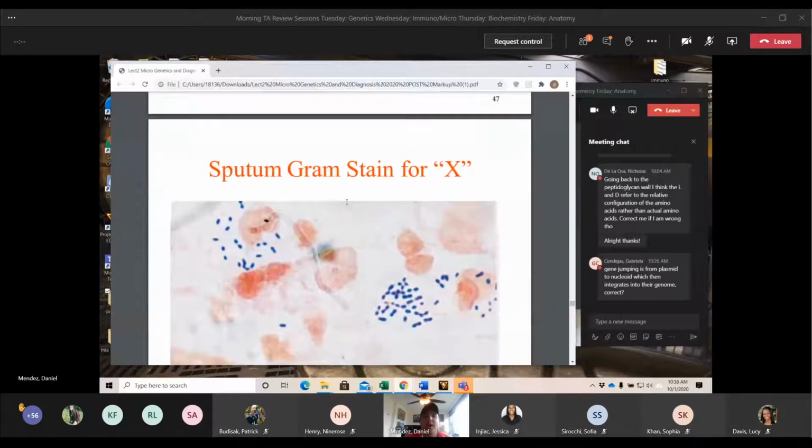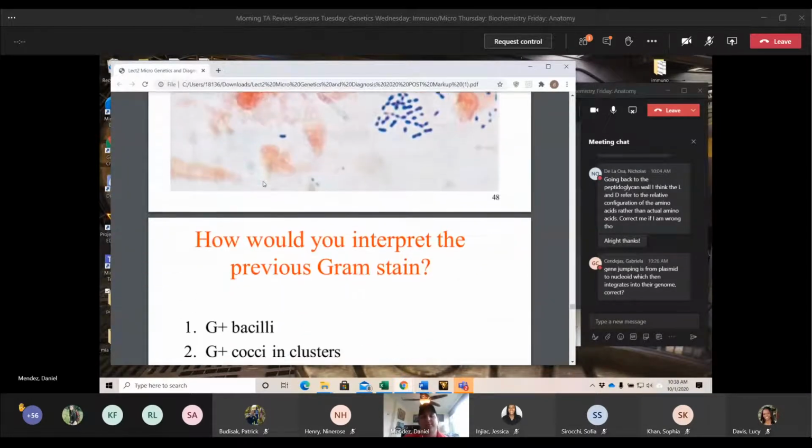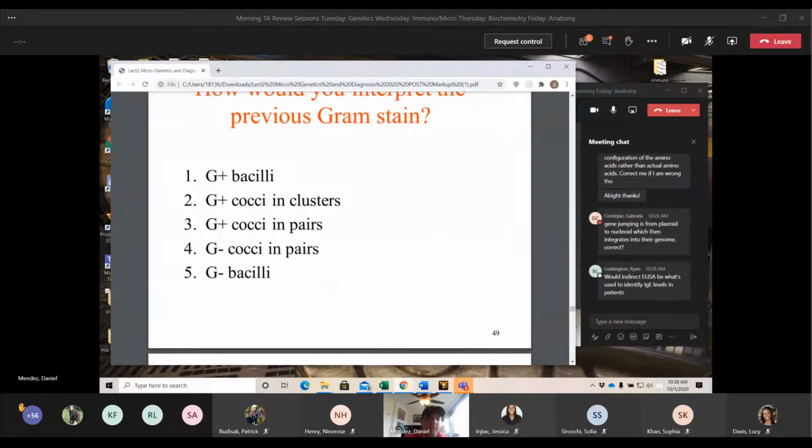Here we can see some gram-positive diplococci again. So we see it's 2 cocci right next to each other. These are round. These aren't rods. Rods are very, very distinct. And they are purple, so it's showing gram-positive diplococci. So once again, diplococci in pairs. What is used?